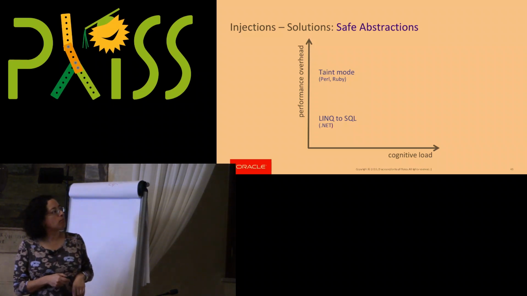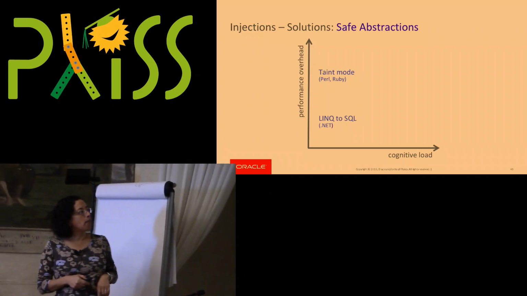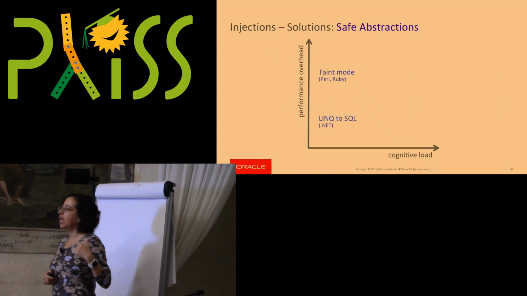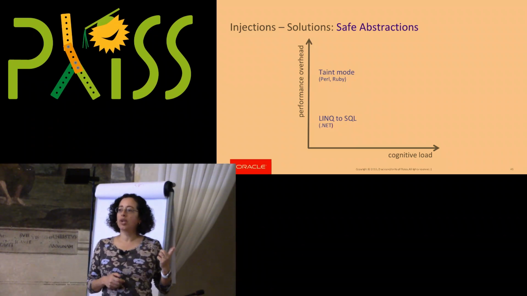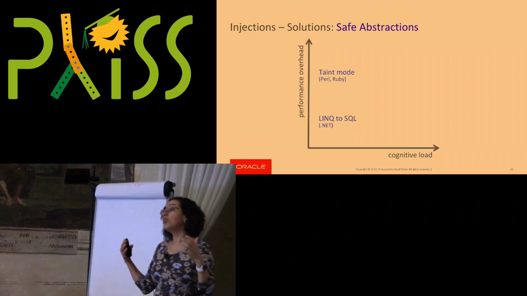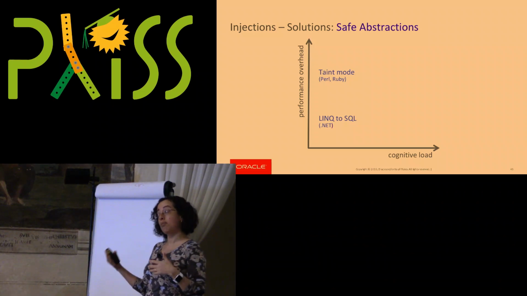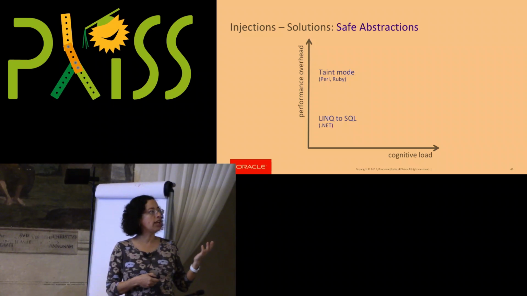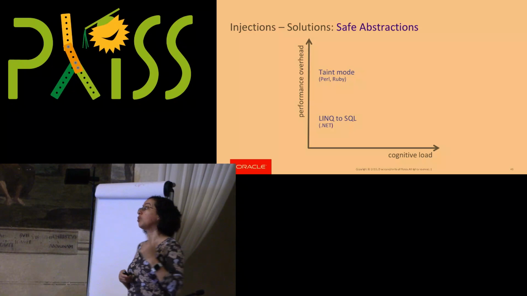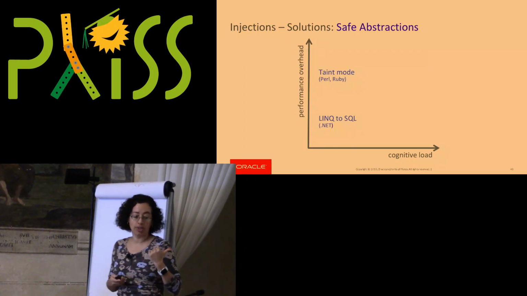But there's another approach called Taint mode that was first introduced in the Perl language. It has been extended to the Ruby language. With Taint mode, they're looking into more issues, like more types of injection attacks, and they're trying to prevent them. It does come at a certain performance overhead. Depending on your implementation, it may be down here or up here. It depends how much you want to track, and that is the trick with that one.